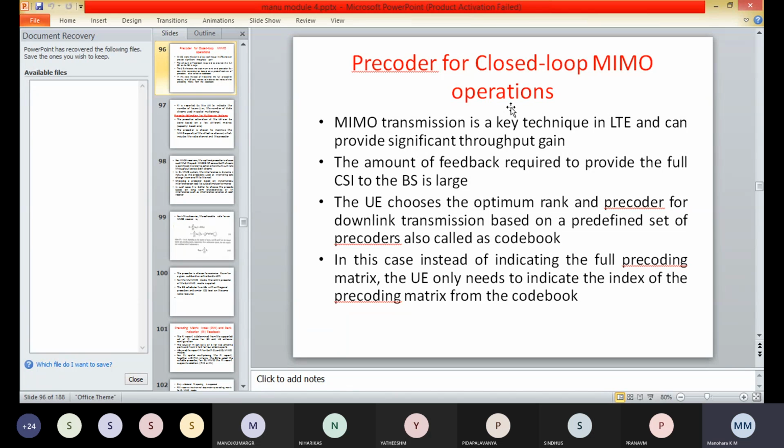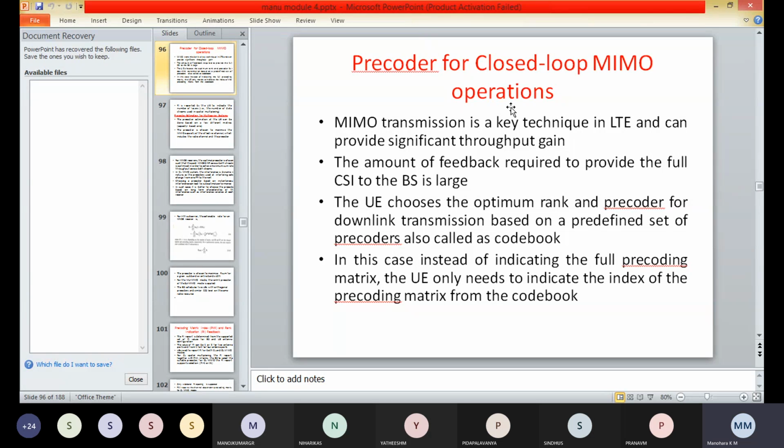So in this case, instead of indicating the full precoding matrix, the user equipment only needs to indicate the index of the precoding matrix from the codebook.